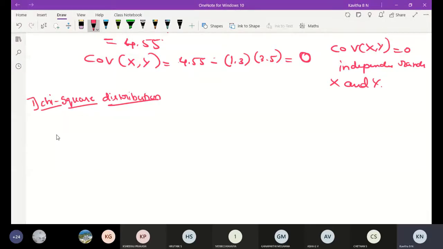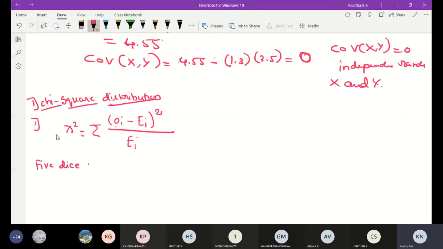The chi-square distribution formula is chi-square equals the summation of (observed value minus expected value) squared divided by expected value. Okay, this is the chi-square distribution formula. Then take this problem: 5 dice